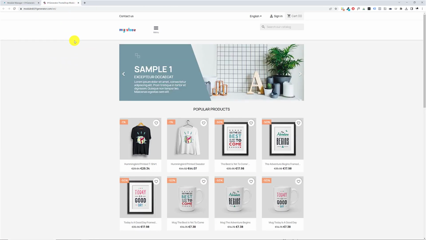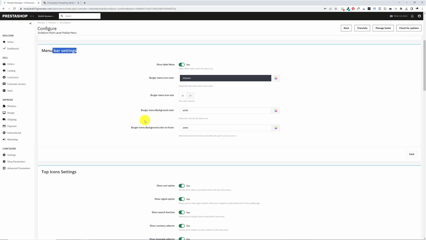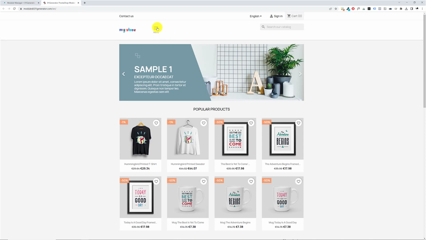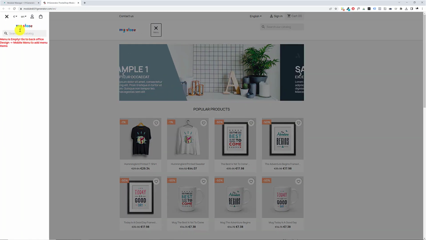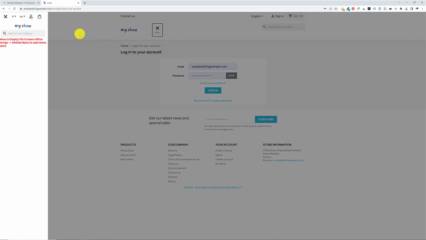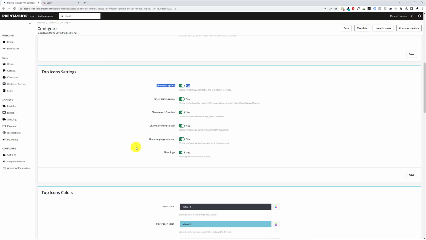Let's see what we have so far. That's great. Let's go to top icon settings, and that's all about enabling and disabling features and functionalities in our side menu, like the currency selector, language selector, sign in, cart, logo, and search. If I go back to the configuration page of our module,